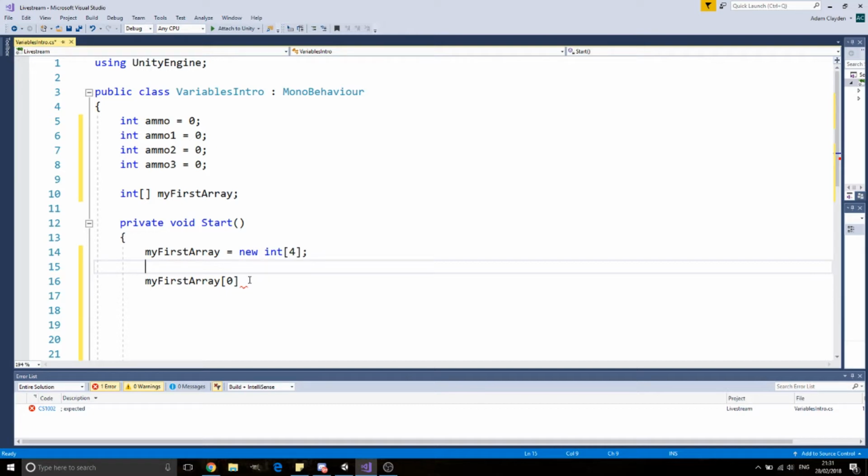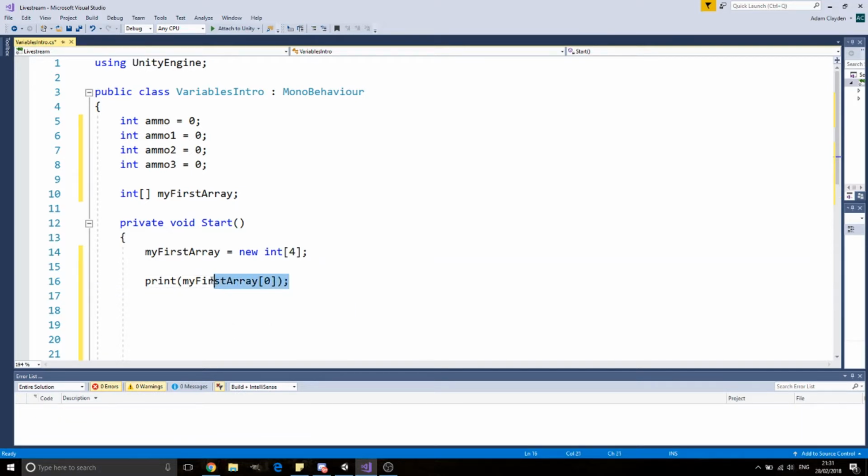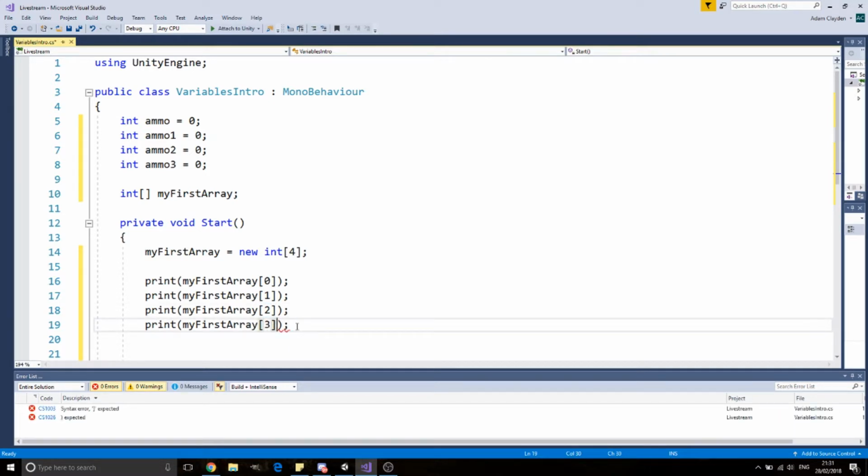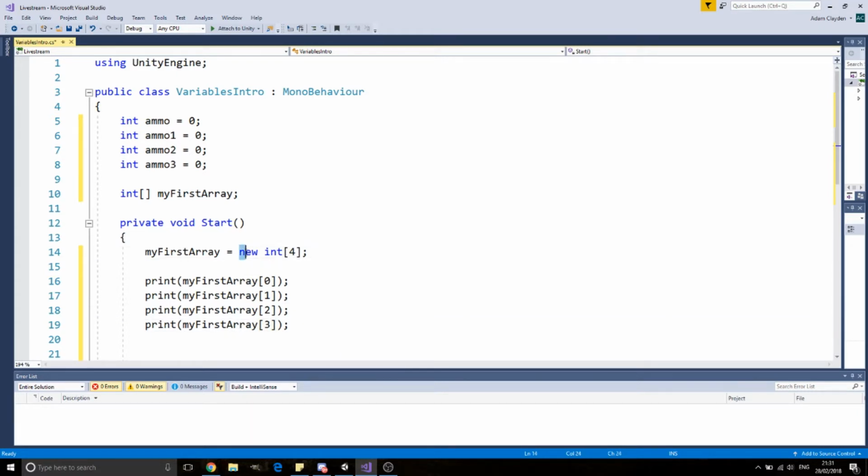So let's do that. Before we create anything, let's go ahead and print all 4 of those. So let's say my first array 0, and then we're going to do that 4 times, but for each successive index. So 0, 1, 2, 3. Now I've stopped at 3 because we have 4 slots in total, but we don't actually have a 4th index because arrays start at 0. So if it started at 1, it would be 1, 2, 3, 4. But because we start at 0, it is 0, 1, 2, 3, but there's still 4 elements there,